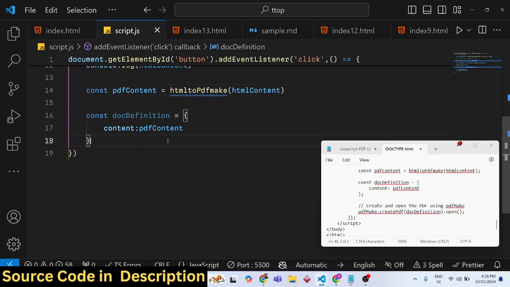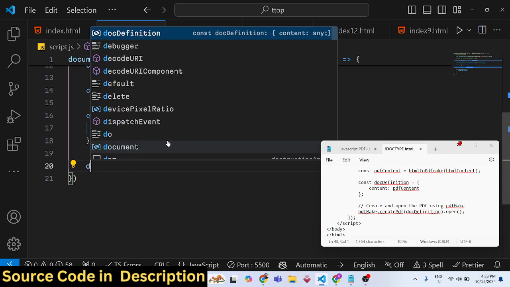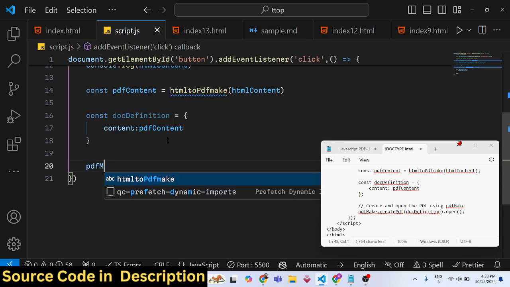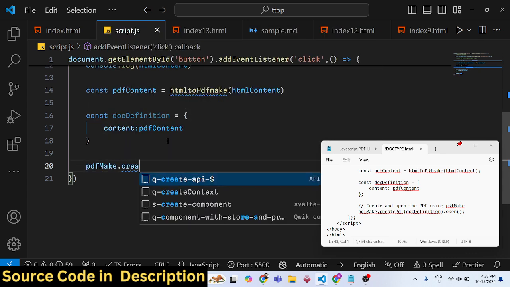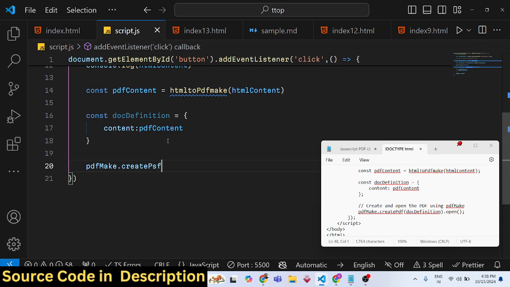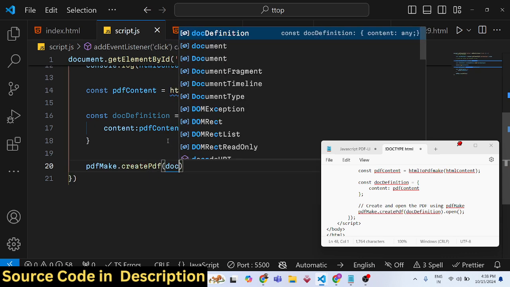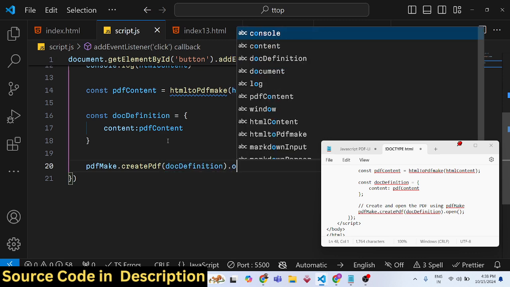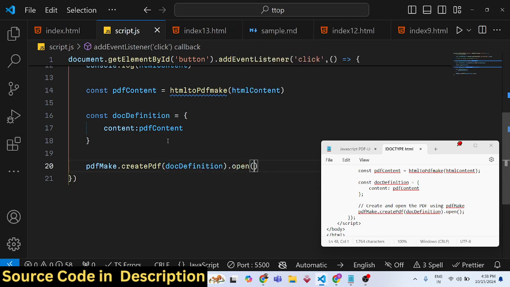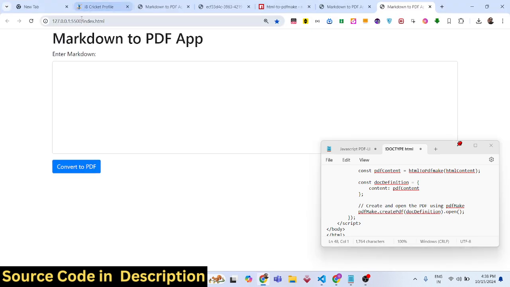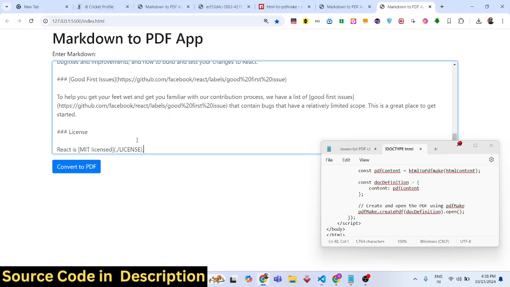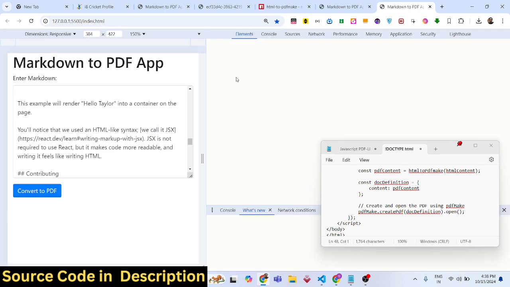Now we can download the PDF document by writing this code here, which is pdfMake, and it contains a function which is createPdf. Here we will need to pass the document definition, and we need to open it automatically. So this completes the application. If you refresh your application, paste the markdown and click on this button convert to PDF,